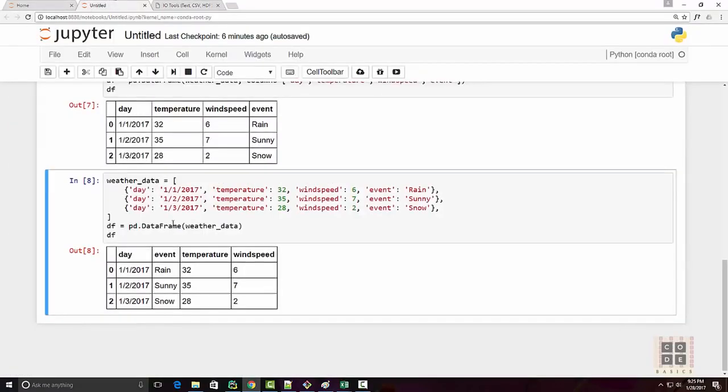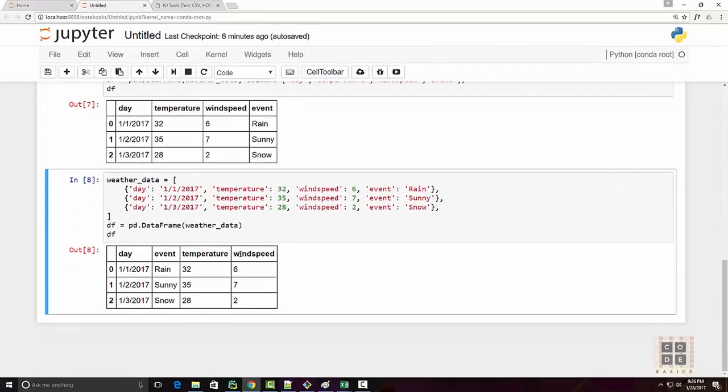Okay. So that's all I had for this tutorial. In the next tutorial, we are going to look into reading and writing data from and to